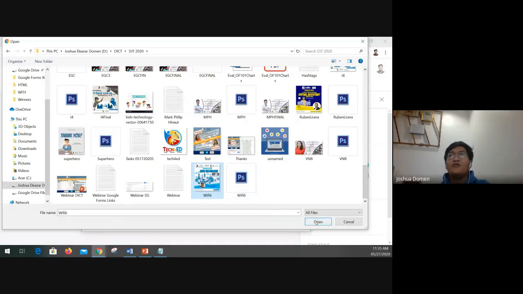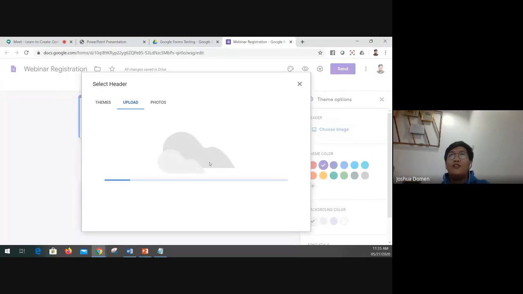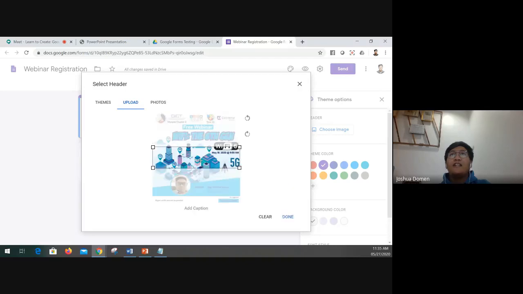So ito, gumawa na ako ng poster and it will upload your chosen image. But you actually have to crop the area. Kasi naka-horizontal siya, at limited lang ang space niya. You can, after uploading, you can choose your area. Okay? You can add a caption kung gusto nyo lagyan ng caption, but in my case, ito na lang kung anong makikita nyo. Pwede nyo siyang ibahin ang dimensions ng pane, pwede. So I will click done. And once I click done,